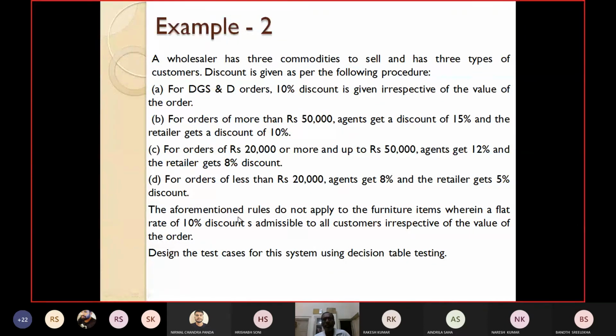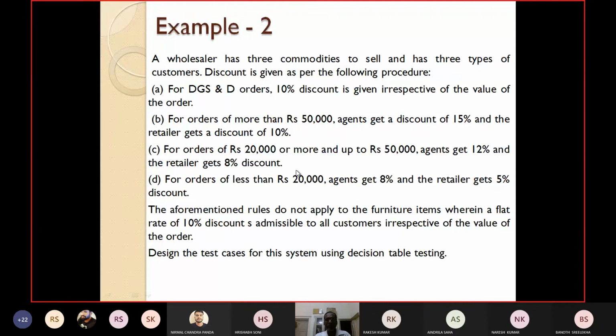The actions are 10% discount, 15% discount, and whether you are an agent or not. So the other outcomes are 10% discount, for agent 15%, for retailer 10%. Another action is for agent 12%, for retailer 8%. Another action is for agent 8% and for retailer 5%. And the 10% discount I have already mentioned. So these are the possible actions.